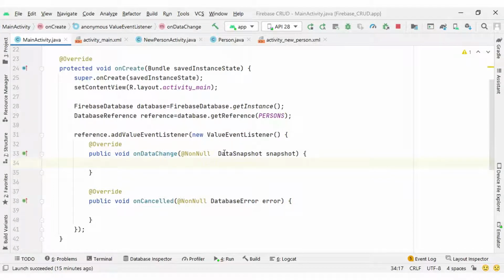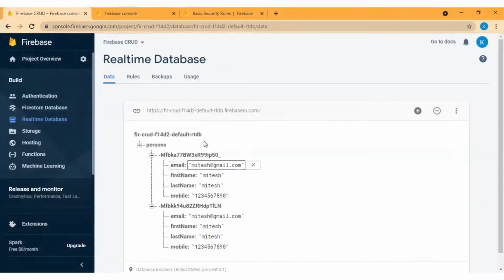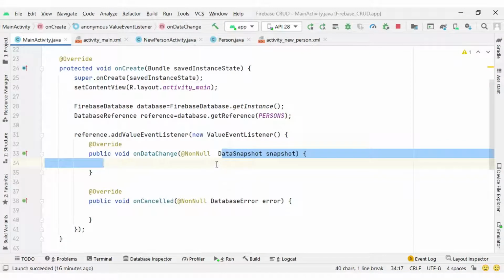You can see here we are getting a DataSnapshot instance, and the DataSnapshot contains all the data we have in the persons path. Inside persons we have a key that is a string value, and the value is a person object. So lots of data we will have with this DataSnapshot instance, and many children.